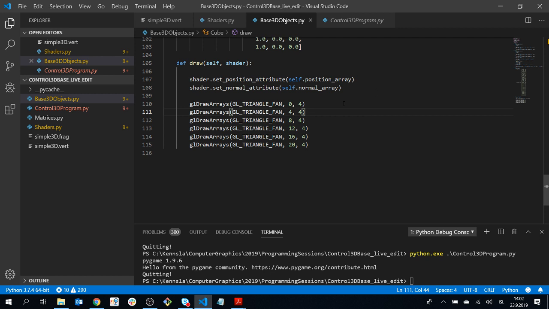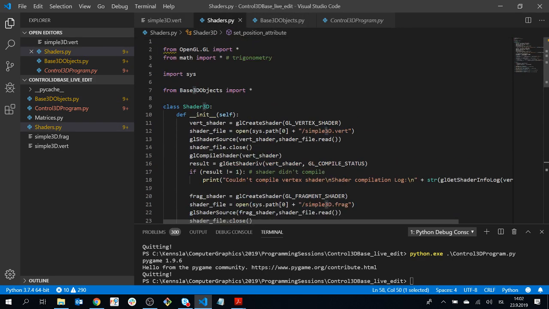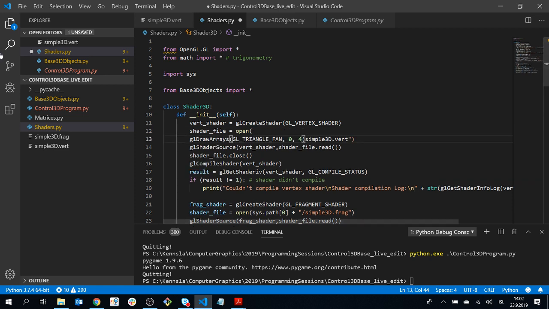Now there's one fix that I want to look at here. I want to go into shaders. This fix, however, can be applied. Okay, I've already applied this fix here. In some cases, originally it just said simple 3D.vert. What I've added here is